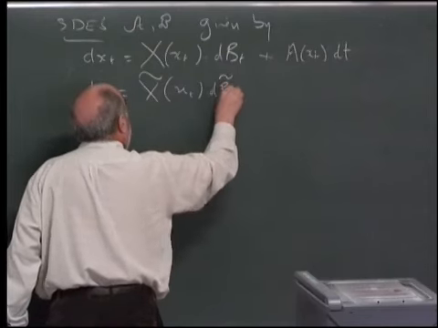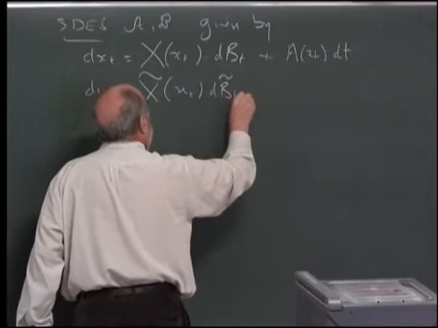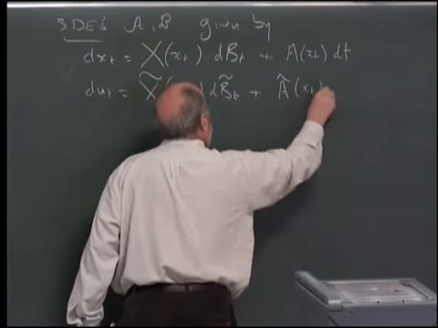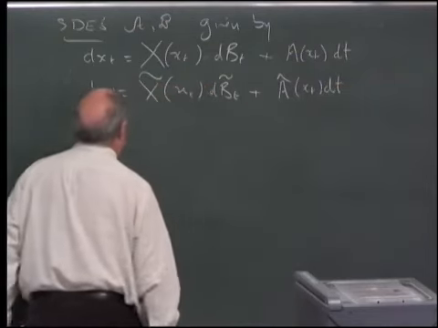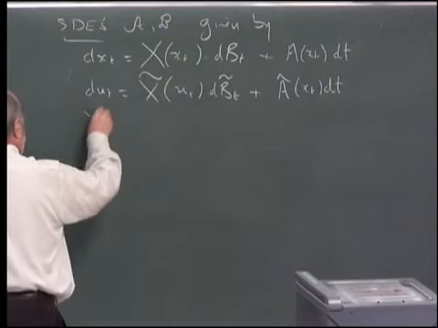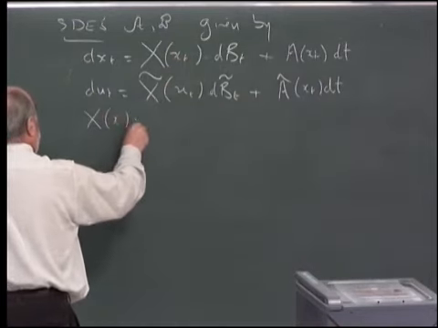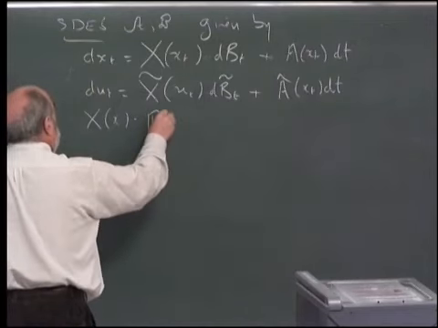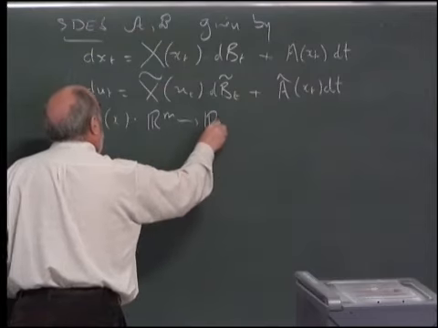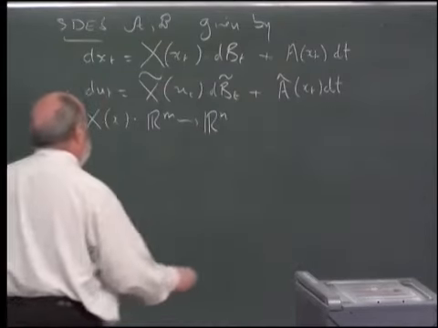And initially I'll allow a different noise upstairs. So here, for example, X(x) is for each x a linear map from R^m to R^n, and B is a Brownian motion